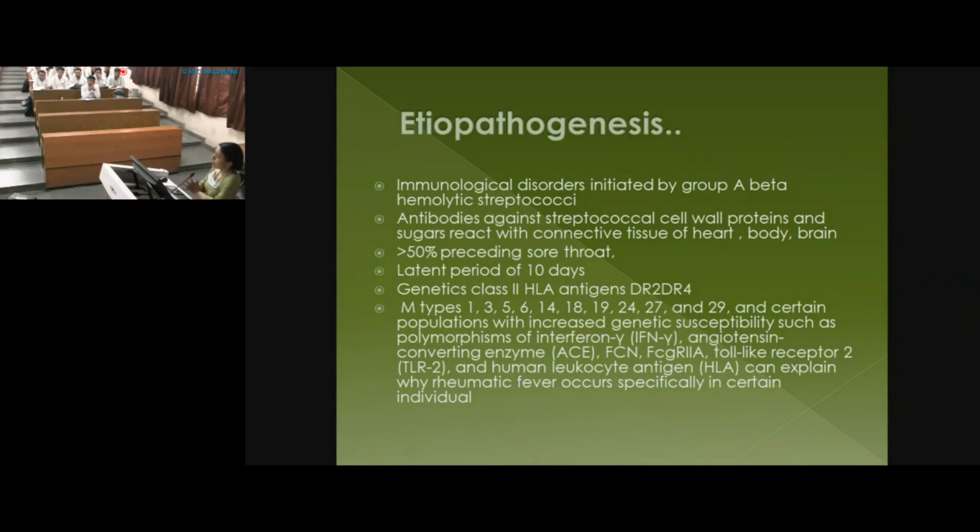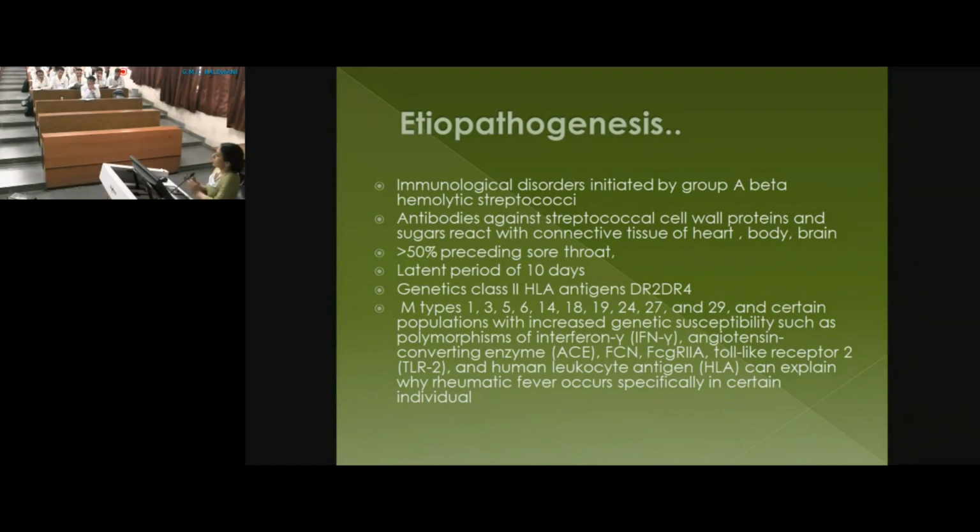But again, it's the immunological phenomenon caused by group A beta hemolytic streptococcus. How do we know it? Because we find that there's a history. At least more than 50% will have a history of sore throat, usually 1 to 2 weeks back. But why doesn't everybody have a history? Some of the infections are subclinical, right? So that is why prevention is not 100% accurate. You cannot prevent every infection because you will have subclinical streptococcal infection also, which is causing rheumatic heart disease, right?